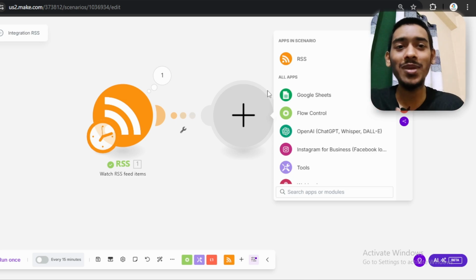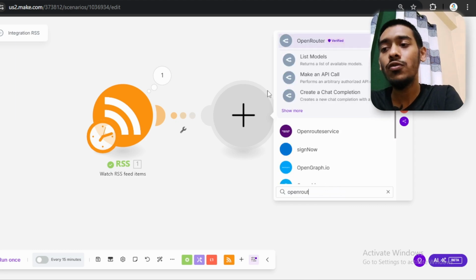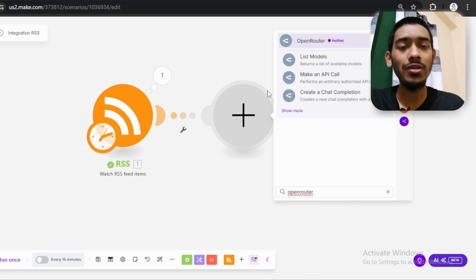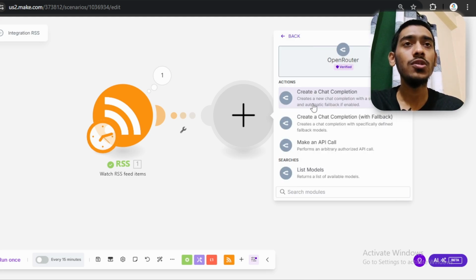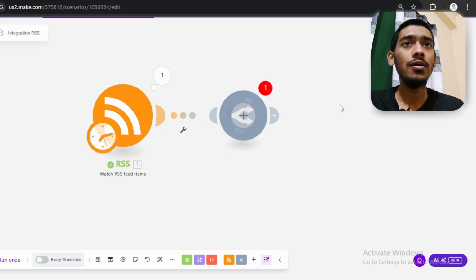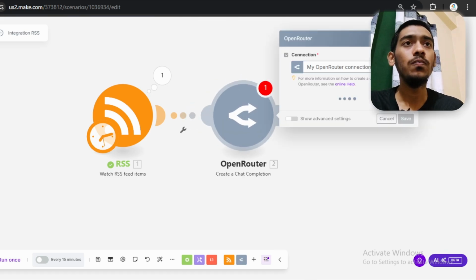So if you are like me and want to do that for free, you can use OpenRouter in here. If you don't know how to use OpenRouter on make.com for free, I strongly recommend you watch this video. In this video I showed you how you can use OpenRouter and the free models of OpenRouter on make.com, so obviously go and watch that video. I'm going with this one and going with create a chat completion,